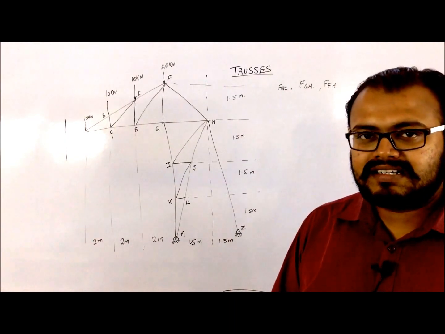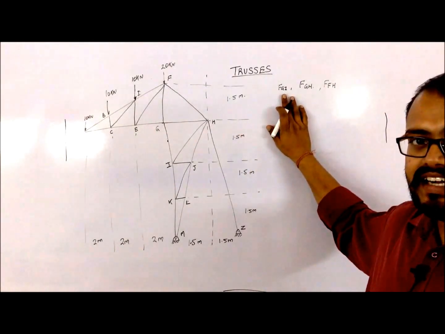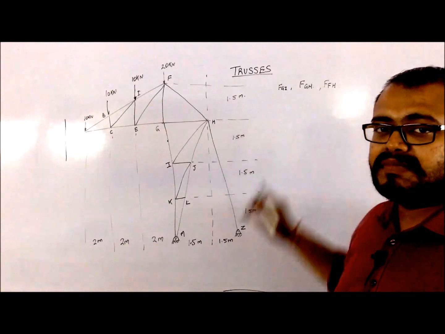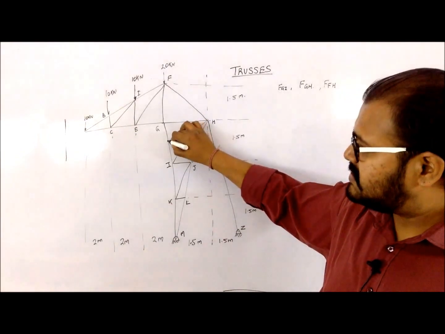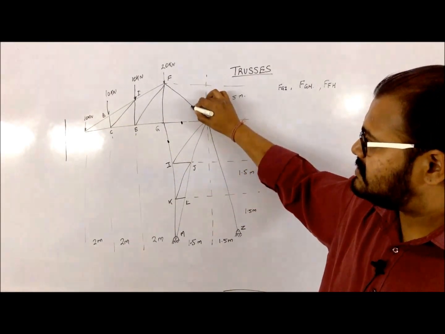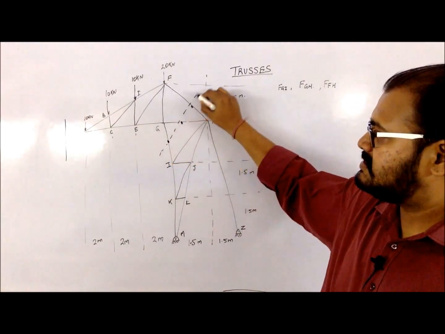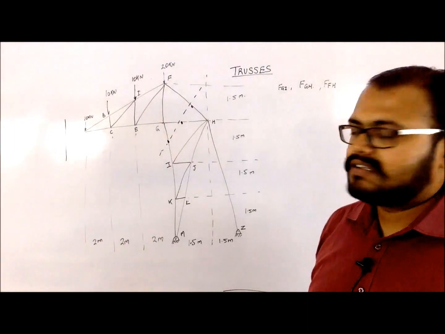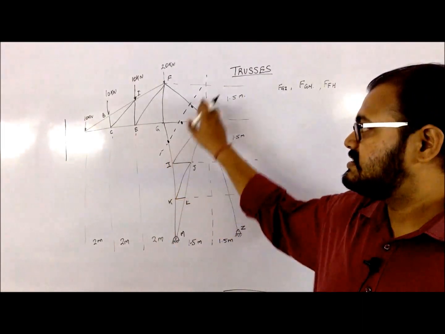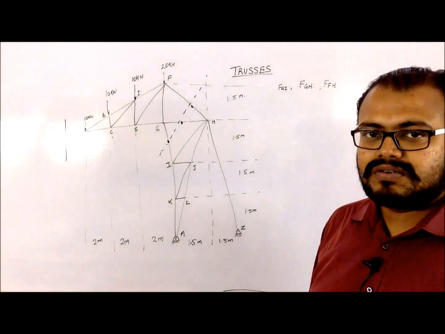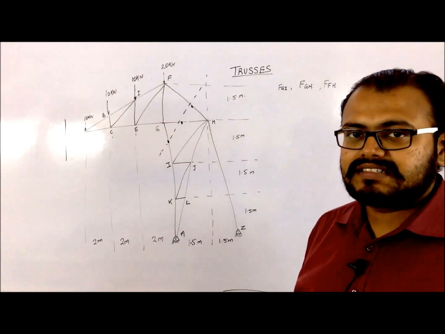The first part is deciding which section has to be taken. They have given me that GI, GH and FH are the members whose forces I have to determine. So basically the members are this one and this one. It is directly understood that the section to be taken is from here. This particular section will not only satisfy the condition that it passes through 3 members only, it also divides the truss into 2 parts.